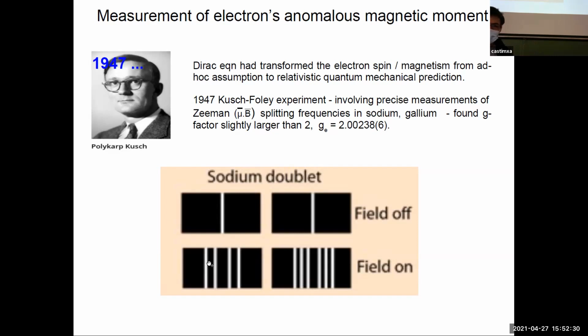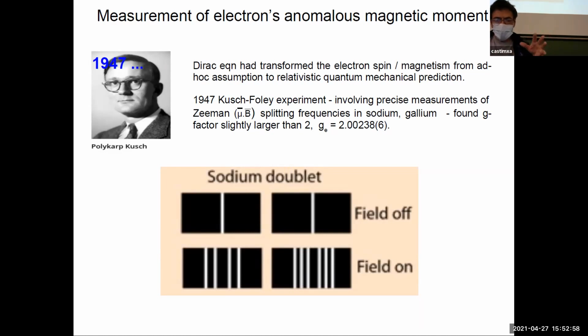We don't need to worry what they are, but they get split, and they get split in part when you put them in a magnetic field, in part because of the magnetism of the electron. There are also contributions from the magnetism associated with orbital motion, but the important thing for these experiments was the magnetism associated with the electron. And by measuring this splitting very precisely,